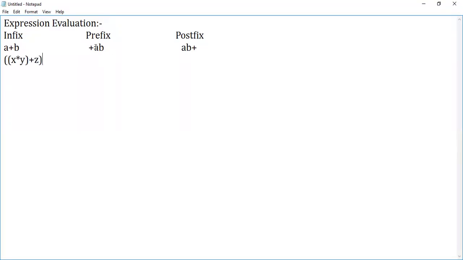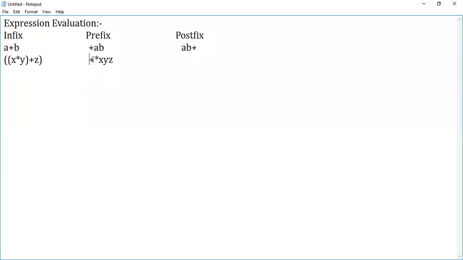Look at here. So what do we do here? Whatever the expression is, I place the symbol before it. So what is the expression here? It is given x into y. This is the infix expression we are given. So xy are the operands, and the operation I'm doing for these operands is multiplication. And the next thing I'm doing is adding z to the already existing multiplied value of x and y. So I should place this plus symbol here, and I should place this z here.